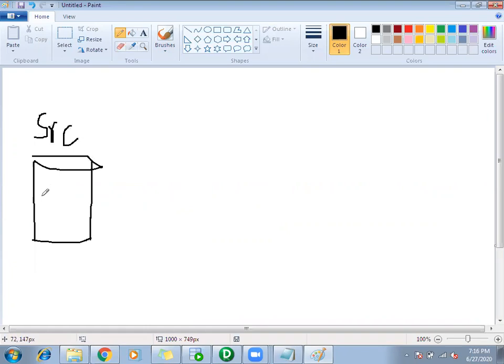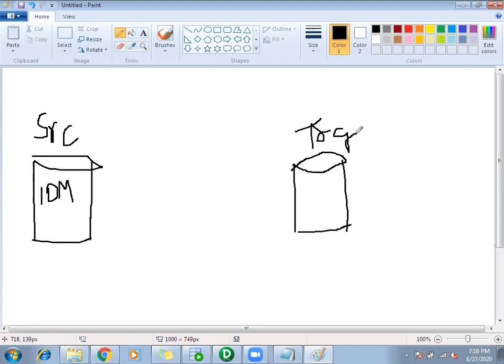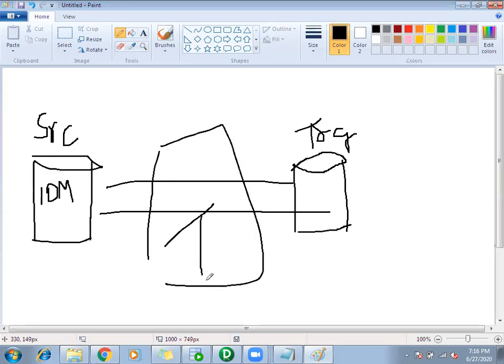You are getting some 10 million records every day, which you are supposed to load to another table. In between, you might be performing a number of transformations, formatting the data and all.